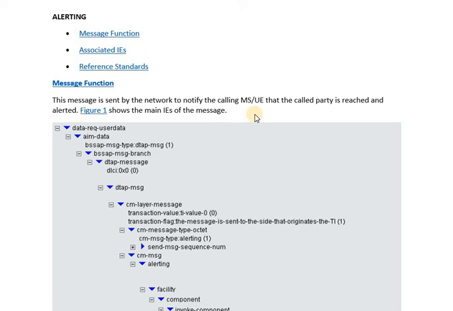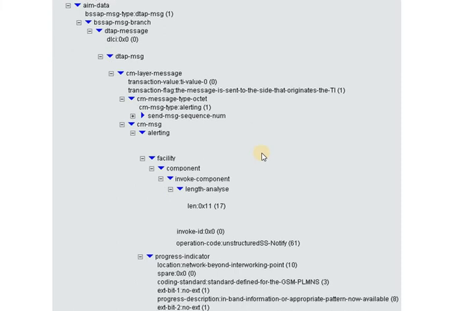Alerted means that a ring is being played on the called party side, and the network sends this message transparently to the calling side as well, so that both parties are aware that they are now in the alert phase.